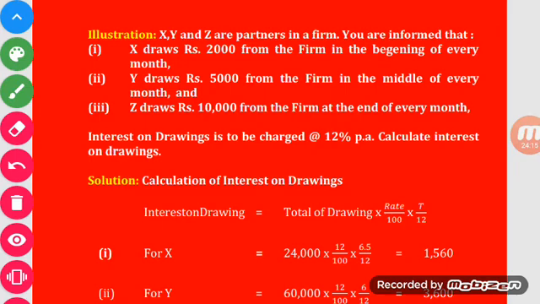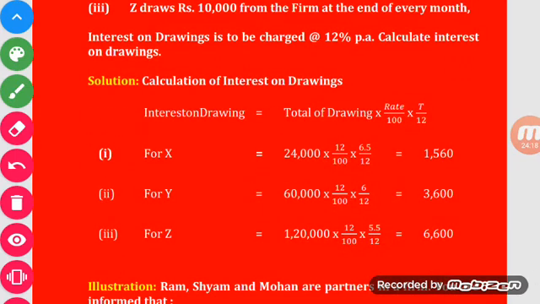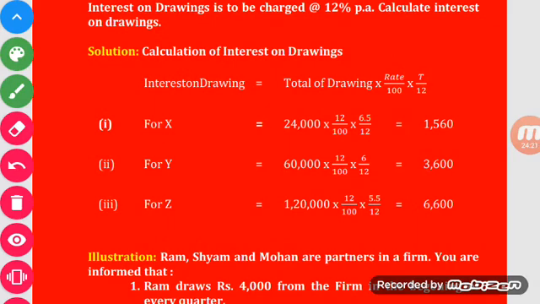Calculate interest on drawing. So here calculation of interest on drawing. Formula: interest on drawing is equal to total of drawings into rate upon 100 into time upon 12. First condition for X. X draws 2000 per month at the beginning of every month. So 2000 into 12, the total drawing made during the year rupees 24,000. Total drawing 24,000, rate 12 upon 100 into average time period 6.5 upon 12. Your answer will be